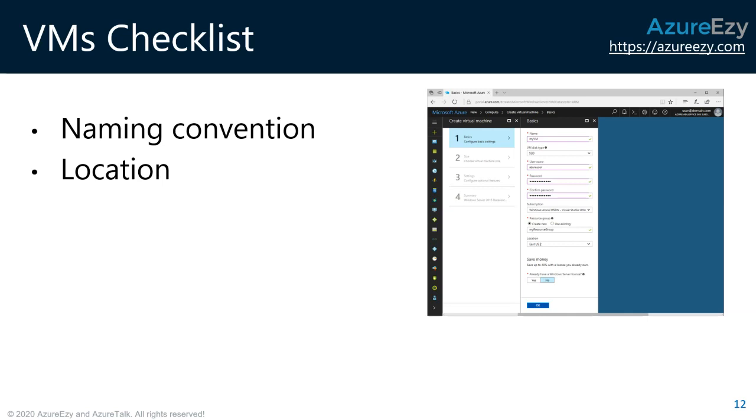Now, the most important point of selecting the location is where exactly this service will be consumed. So suppose your application will be used by most of the users who are in India, then probably you should select a location coming from India, Central India or South India, or something like that.